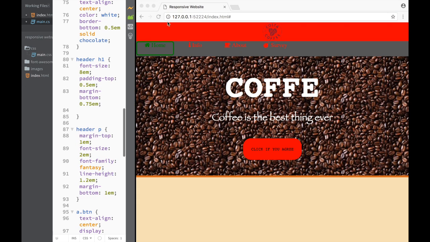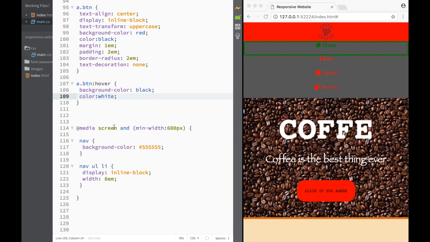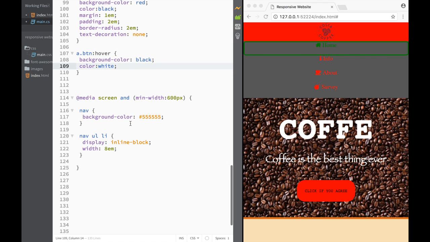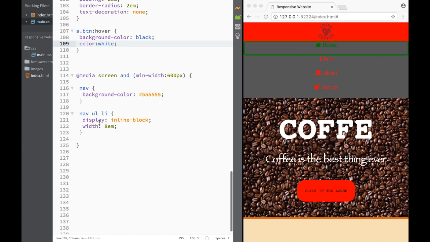And again, if we go over here, you can see how our Navbar actually gets to inline block. But this one we actually don't want to change. We actually like it the way it is. Therefore, we don't need to go over here to this media query and change anything. We can just leave it for now like it is. We're going to be adding some other sections, but this one is going to stay the way it is. And I think we're pretty much ready to jump to our block quote